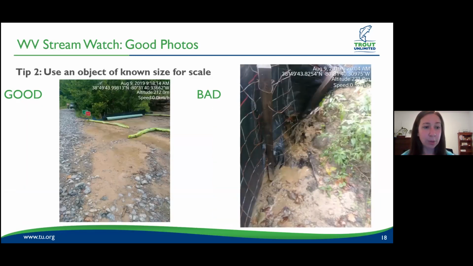And tip number two is use an object of known size for a scale. So in the good photo, you can see a car and a person in the background. That just gives you some perspective on how large the issue is, like how far the sediment is being transported off site. And then the bad photo,